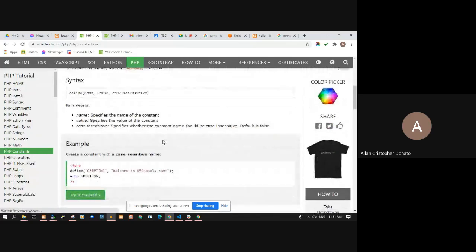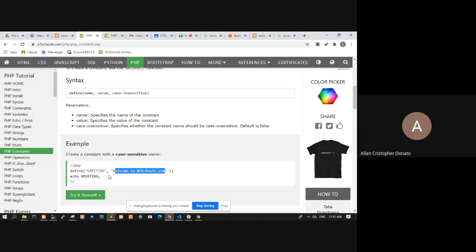And constants in PHP are defined using the define keyword. And then the first argument, or the first parameter, is the constant name, which is greeting, and the next is the value.